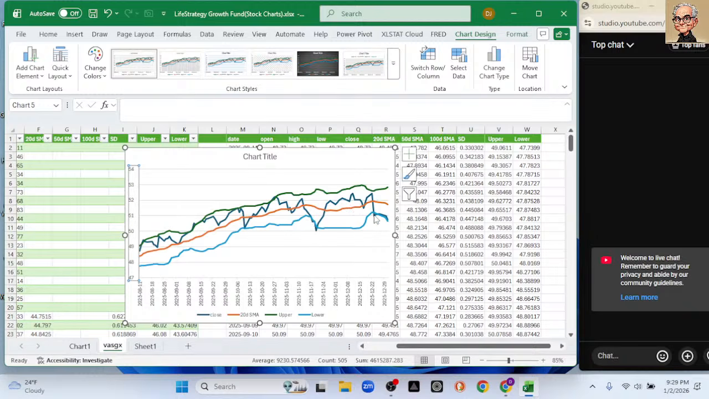And you can see, oh, this is interesting, isn't it? My goodness. The green line is plus 2 standard deviations. Remember that? And this is minus 2 standard deviations. The orange line is the 20 moving average, and then the blue line is the